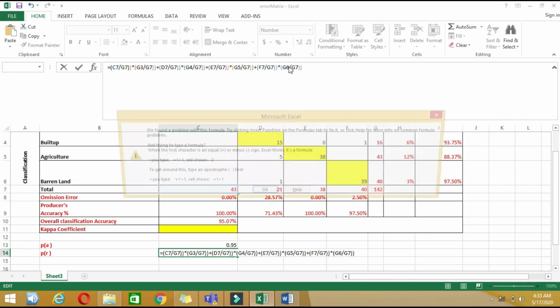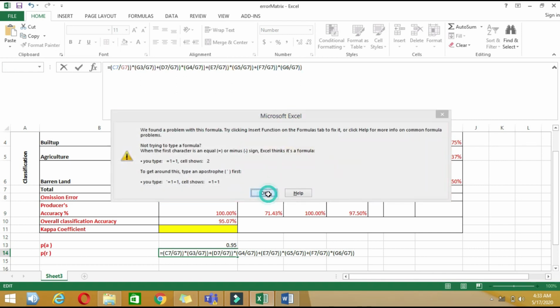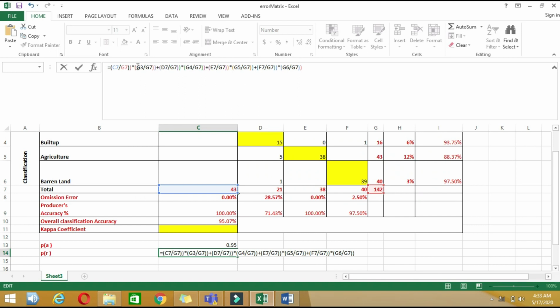So we press enter. Okay, there are some brackets missing. Let's see. Here is one bracket missing. It will be missing in all of them. Okay, let's complete it. Some formatting mistake. Brackets are missing. Now I hope it will work. Again, some brackets are missing.